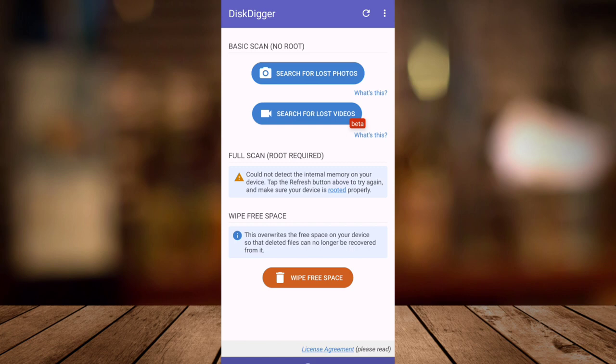Now as you can see, you have two options. You have the basic scan and the full scan right here, and root is required for the full scan. It says: could not detect the internal memory on your device. Tap the refresh button above to try again and make sure your device is rooted properly. So as my device is not rooted, I only use the basic scan right